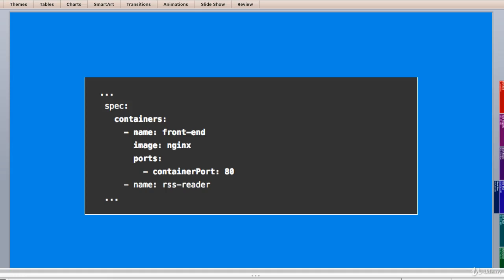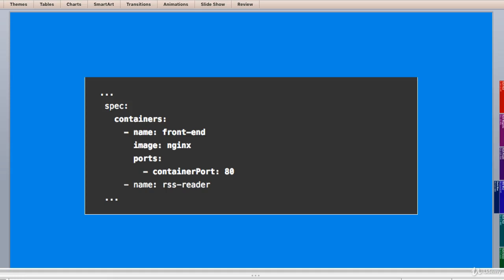Now basically it is nothing but a couple of things: API version is v1, kind is pod, metadata, we are just keeping it blank, name is RSS site, label is again blank, app is web, spec is again blank, containers: name is front end, image nginx, ports container port 80, name is RSS reader, image whatever we specify, ports and container port in this case is 80.